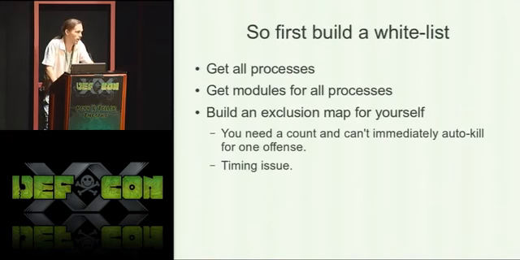So first you could build a whitelist. You could get a list of all processes, all modules in all processes, and that's essentially your exclusion list. Then you've got the rest of memory to check out and see if it's in use, see what permissions it has, see if it has simple headers or structures. Then